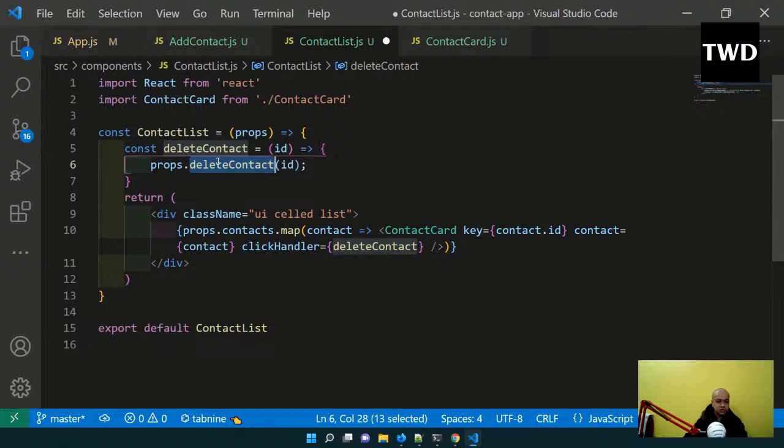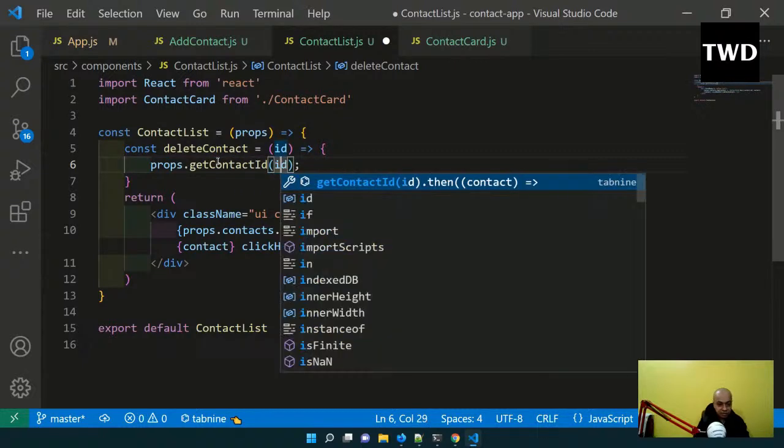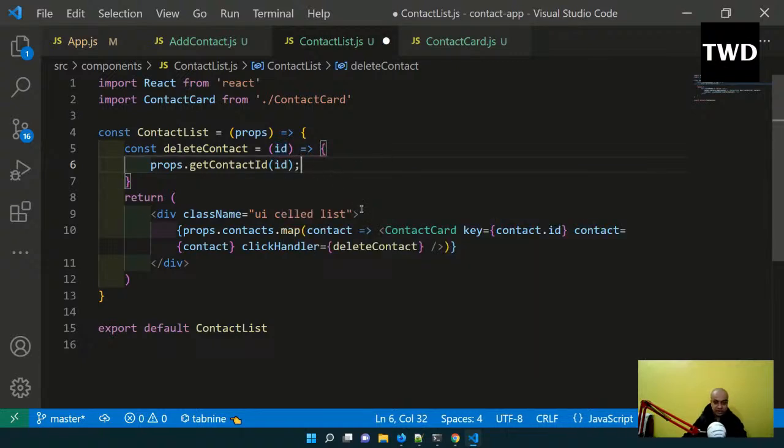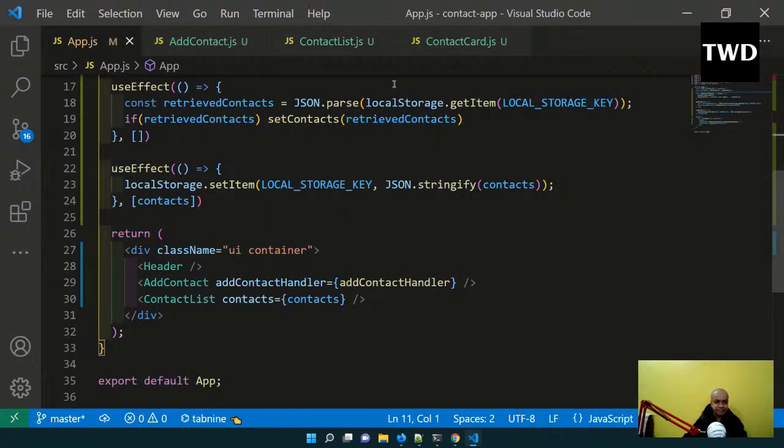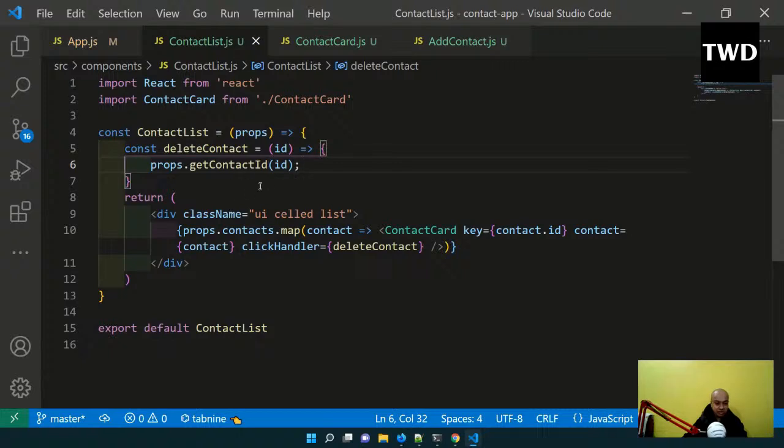Okay, props.getContactId, and it is id, getContactId and address id. And then we have to go back to the app.js and remove it here. So this getContactId is something which we are going to have as a props. Okay, the app I'm getting here, and